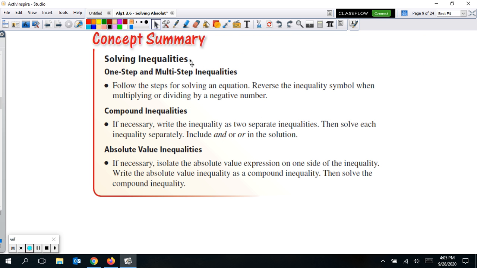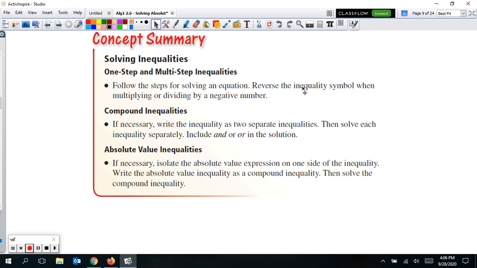Okay, there's this concept summary in the book, and this is something you might just want to recall and remember. You can remember just from this whole chapter what we've done, one step and multi-step inequalities. It says follow the steps for solving equations when you're doing those. Reverse the inequality symbol, though, when multiplying or dividing by a negative number. So remember, these are just like solving equations, except when you multiply or divide by a negative, you're going to reverse